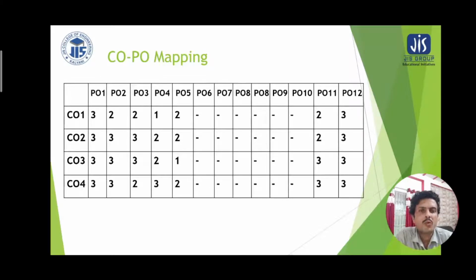Now in the course outcome and program outcome mapping, we see that there are 12 program outcomes which are mapped to the course outcome statements. As 4 course outcome statements exist for basic electronics engineering, they have different weightages assigned to each column of program outcomes. Here 3 depicts the high weightage assigned for a certain mapping, 2 means the moderate linking, and 1 stands for the least linking. When there is no link, it is kept vacant with a dash.